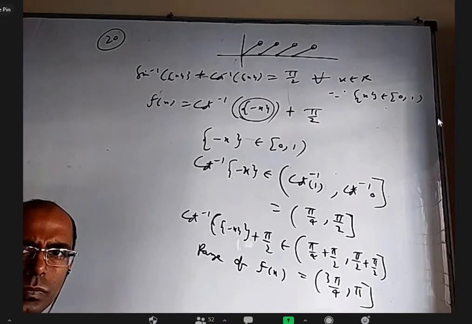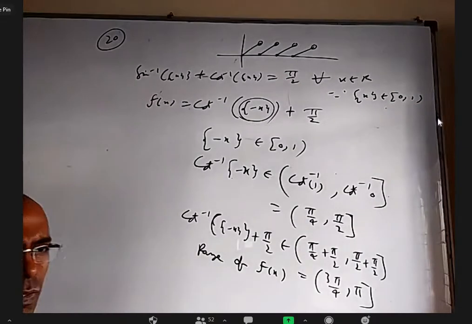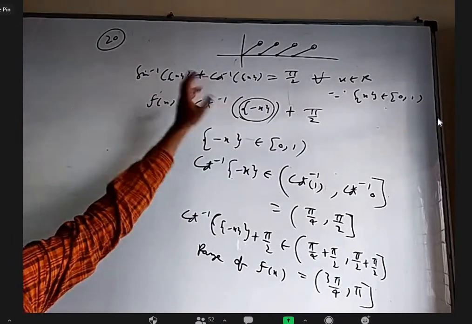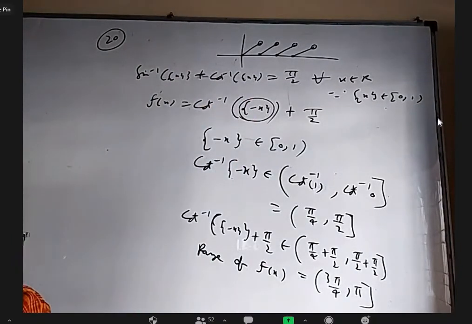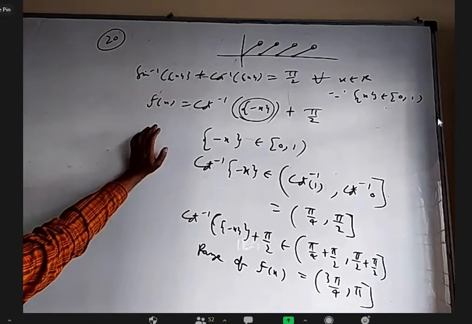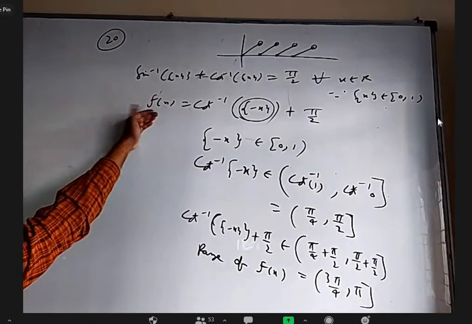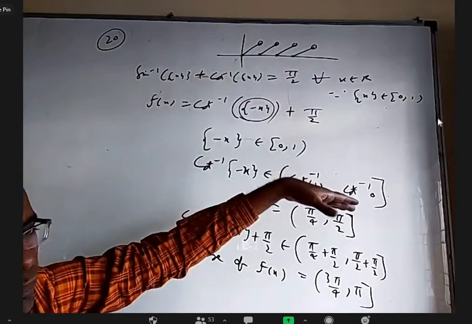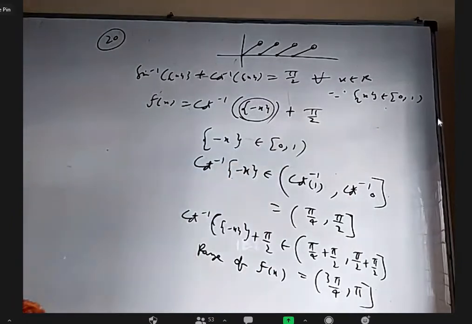Sir, once explain the first step, sir. First step, sin inverse of something plus cos inverse of something. If both are same, it is pi by 2, right? Yes, sir. Means from that to next step. From that to next step, the question is f of x equal to cot inverse this plus sin inverse fractional part of x plus cos inverse fractional part of x. That part I wrote pi by 2, I'm saying.